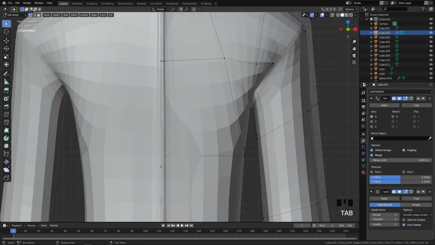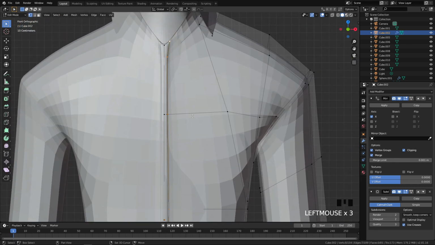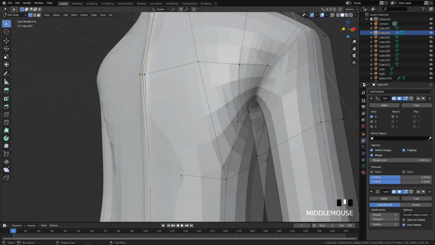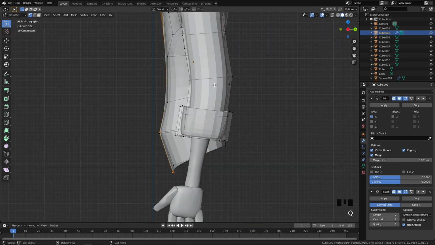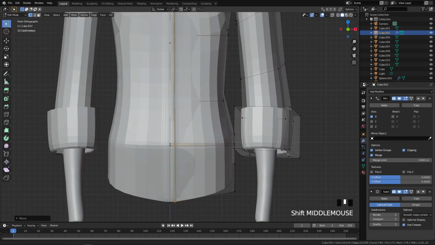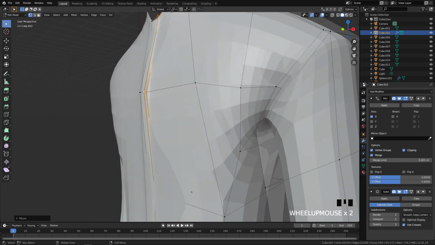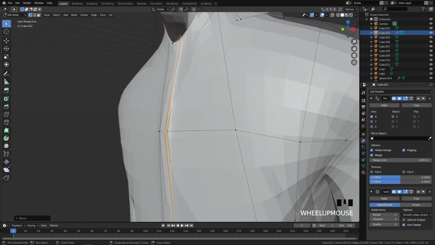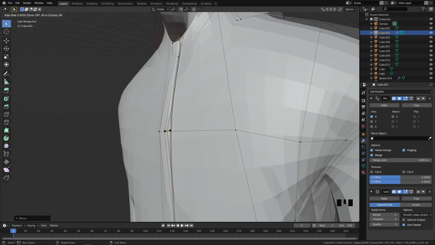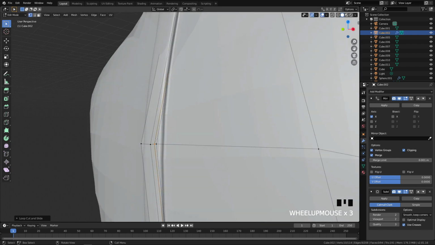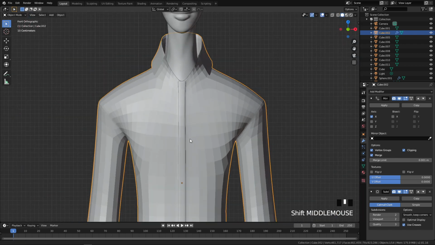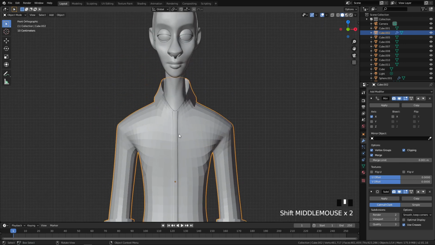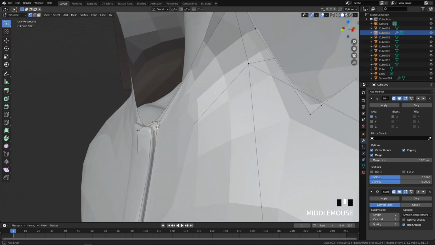And we can make it even sharper by, first I want to make it thicker. I will select this edge line and also this edge line, and I will move it more to the right like this, so it will be thicker, as you can see. And to make it sharper, I will add another loop cut that goes between those two loop cuts, and I will move it down closer to the right one, as you can see here. And as you can see, we have this very nice line, which we'll fix later